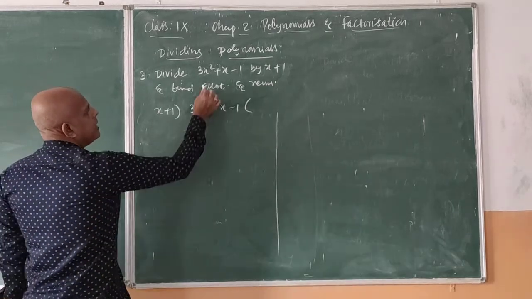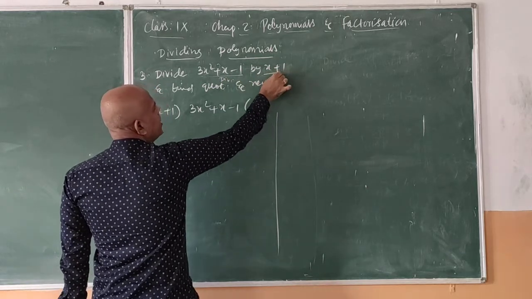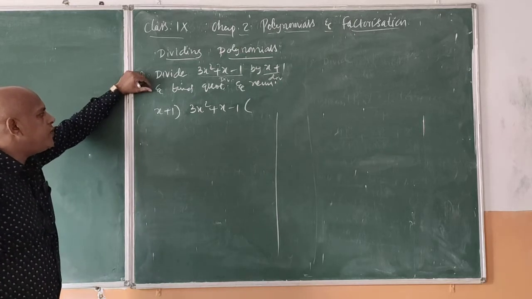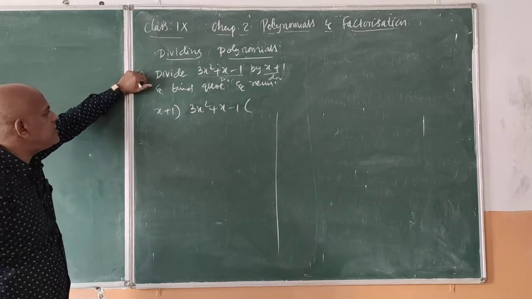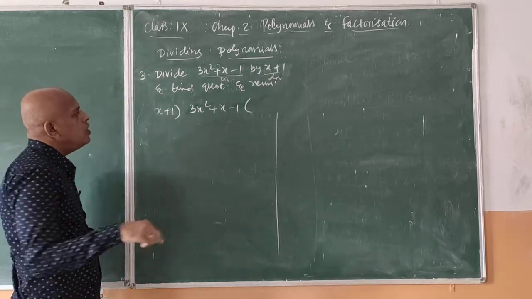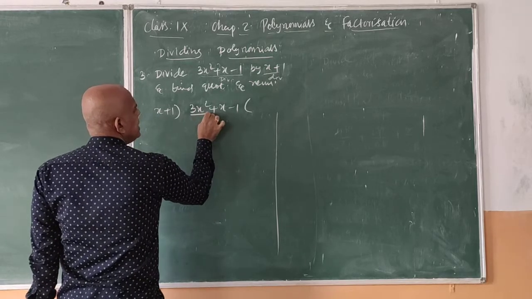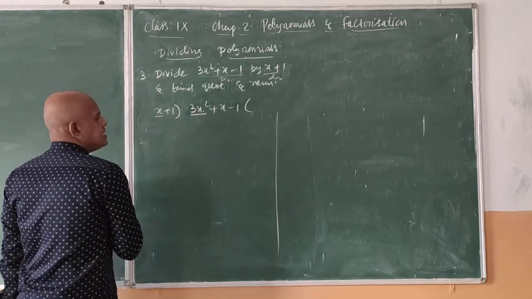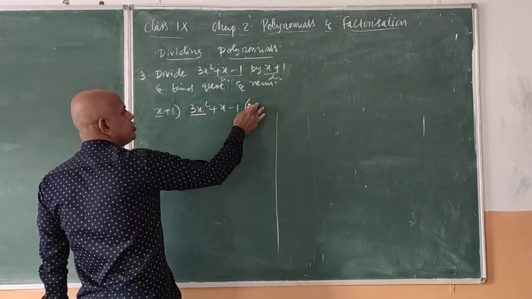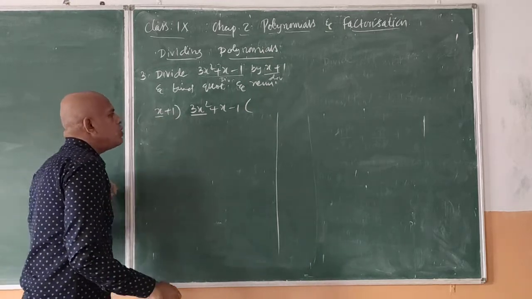So now this is the dividend and this is the divisor. Here it is a binomial, that's why we have to do the division process as we do for real numbers. But here we have to follow some steps. So to start the division with the binomial x plus 1, the first term of the dividend is 3x square, and the first term of the divisor is x. In rough we have to calculate, and whatever answer we get, we write in the quotient, and with that quotient we multiply the divisor. Let us see how to do this division.